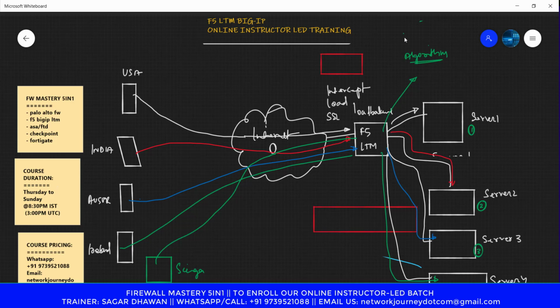Okay, we call it a load balancing algorithm, and by default round robin is selected, and as per round robin the next traffic should come over here. Okay, so 1 2 3 4 back to 1, the next connection should come here, then over here, then over here. Once again it should go back to this following order.